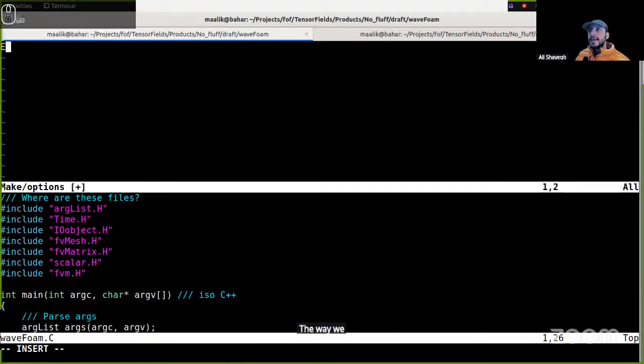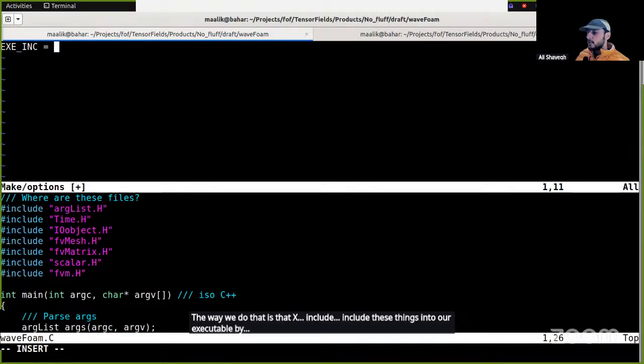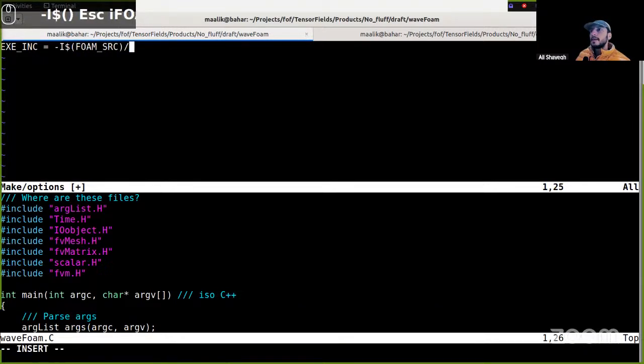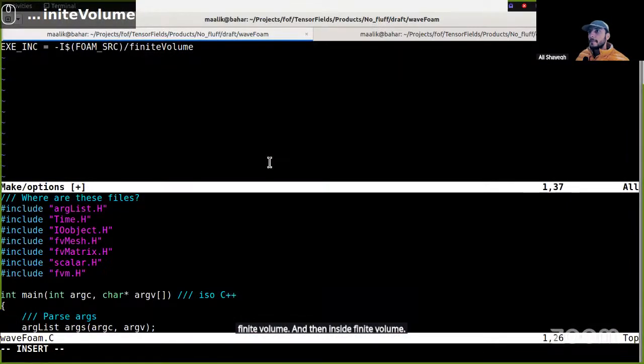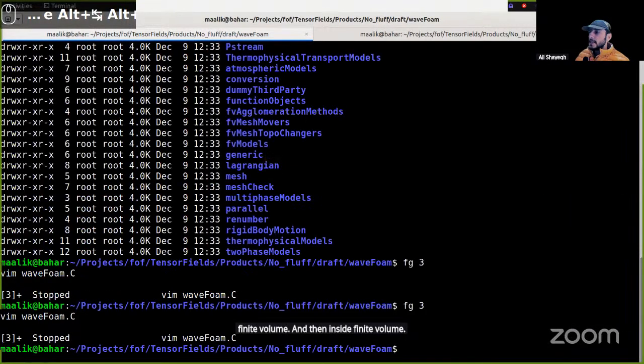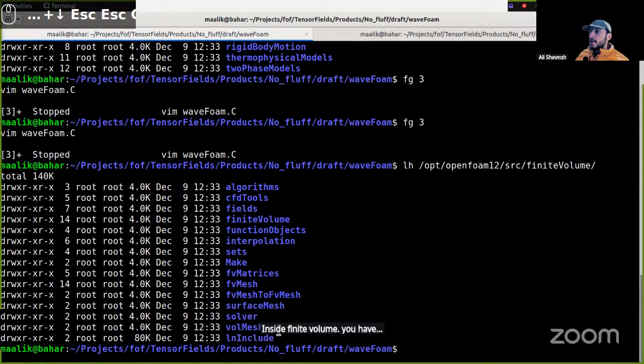The way we do that is with EXE_INC: include these things into our executable by looking into, by including, FOAM_SRC/finiteVolume. And then inside finiteVolume,